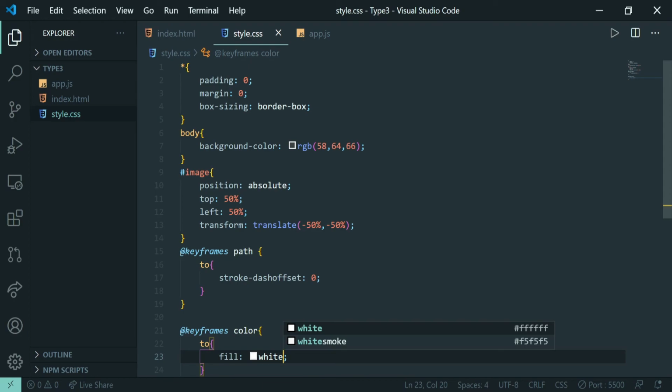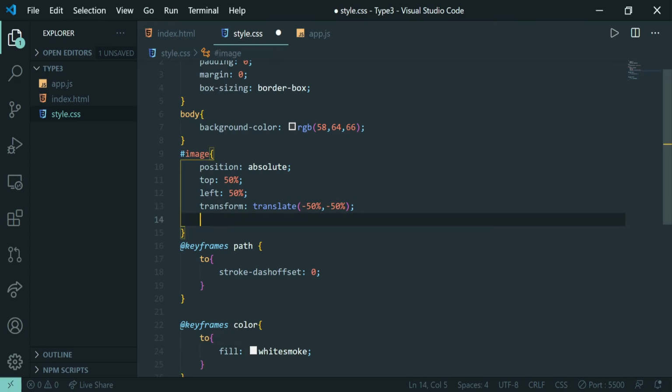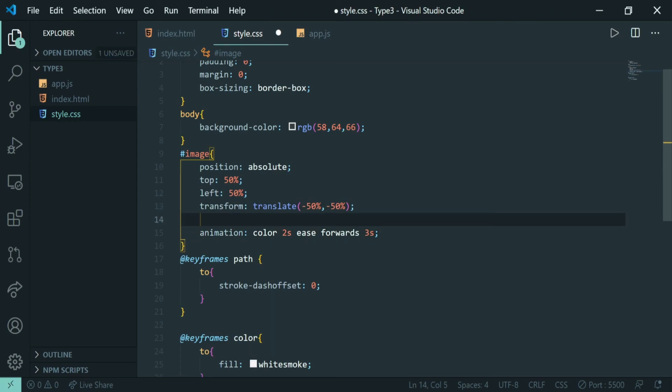Okay, it was not white. We can give this a smoke white, and then let us give here an animation of color. So color, give this a time of 2 seconds, ease, forwards, and let us give this a delay of 3 seconds, so that our path animation is completed and then our color animation starts.